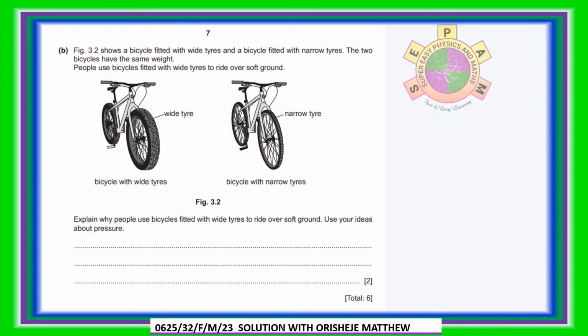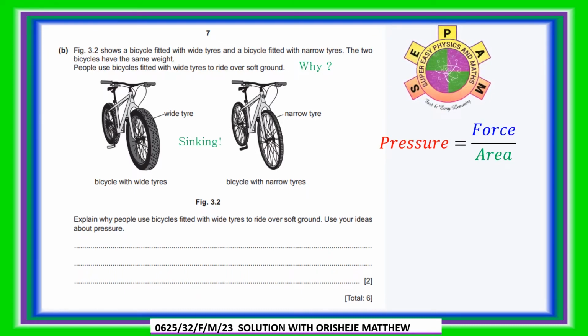Right, so they say use the idea about pressure. The question is to prevent sinking. So they ride over soft ground to prevent sinking. If you want to use a bicycle that will not sink, why? Because pressure is equal to force divided by area. So the wider the area, the lower the pressure, because pressure is inversely